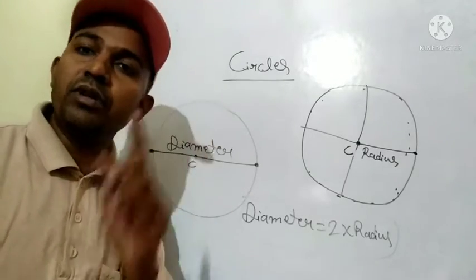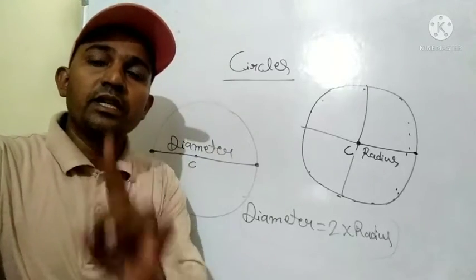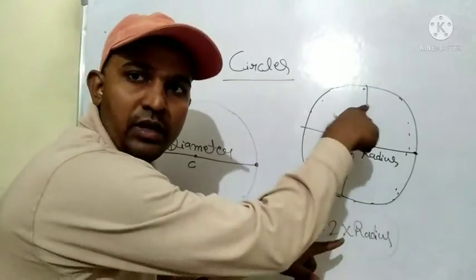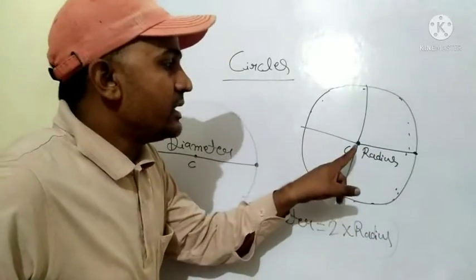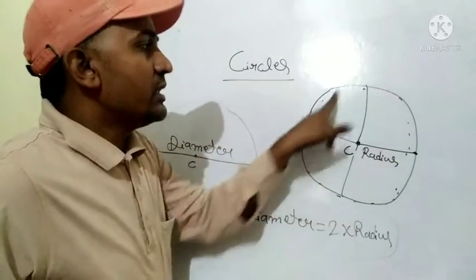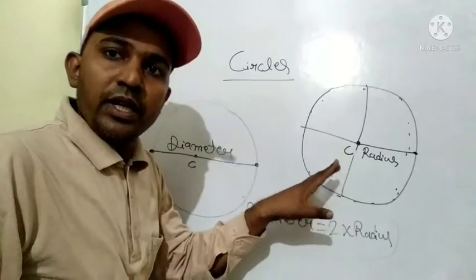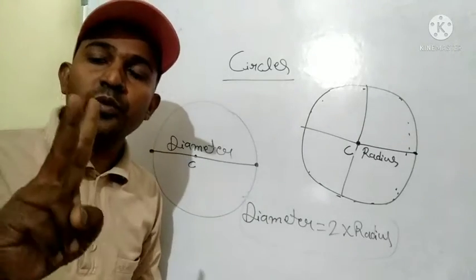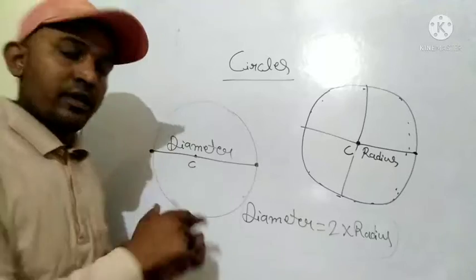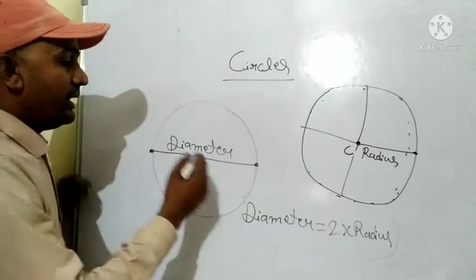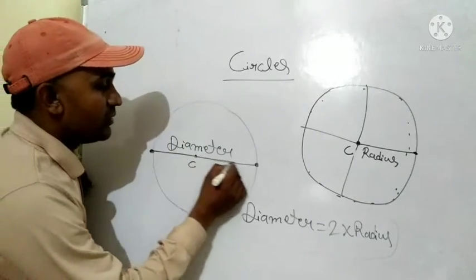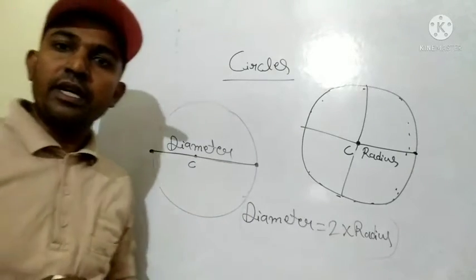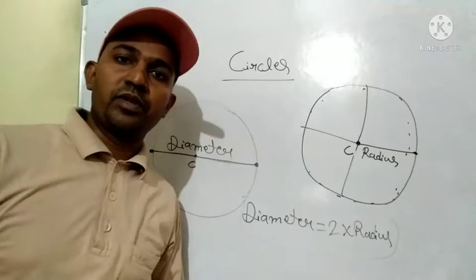So what is diameter? What is radius? Again, radius is the fixed distance from the fixed point to the locus of the points. You can say it is the distance between the fixed point and the points on the boundary. And diameter is the distance between any 2 points on the boundary of the circle, where that line also passes through the center of the circle. Okay, now let's move on to the next concept.